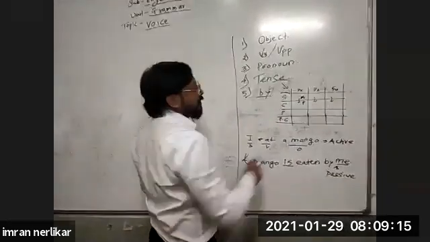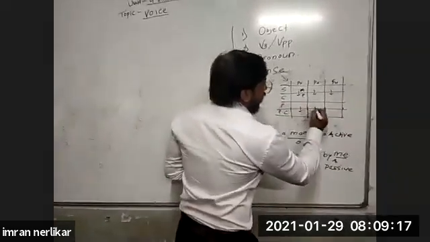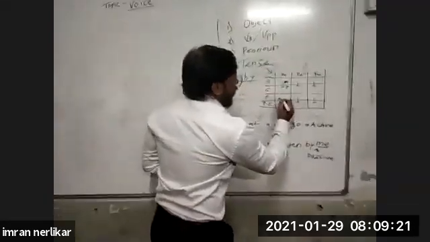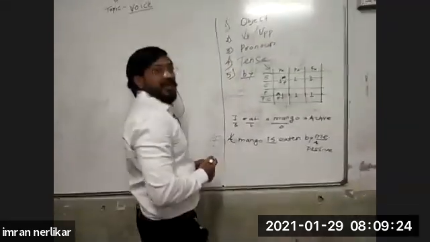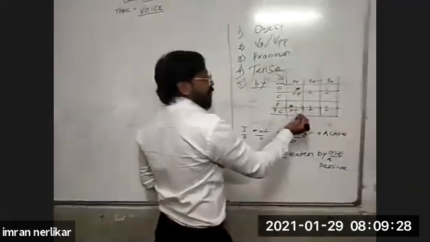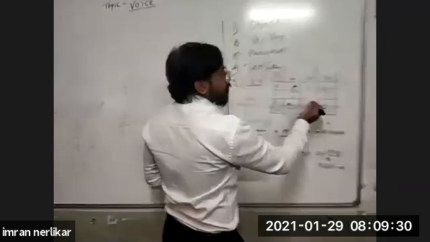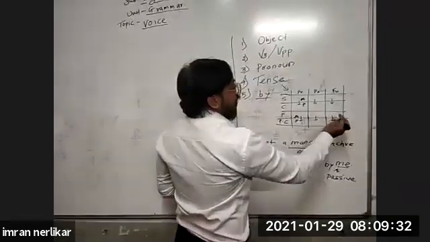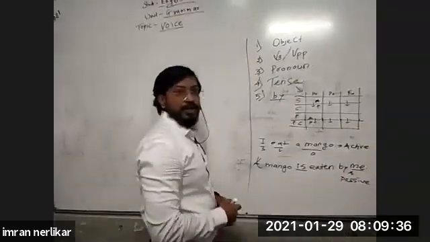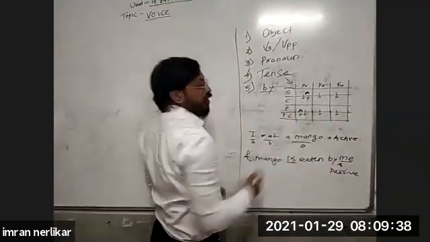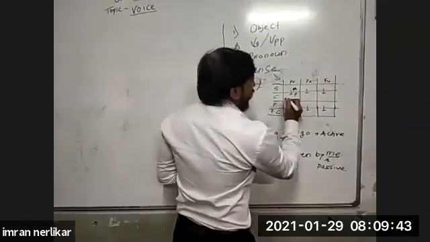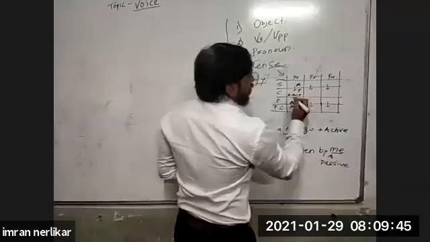Same like that, the sentences which are in perfect tense become passive in perfect continuous tense. Present perfect becomes passive in present perfect continuous, past perfect becomes passive in past perfect continuous, and future perfect becomes passive in future perfect continuous tense. So these are the rules which are used in tenses. If the sentence is active in continuous present tense, it becomes passive in the same tense.